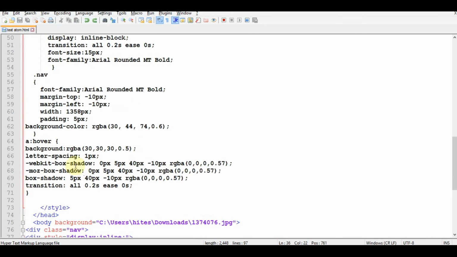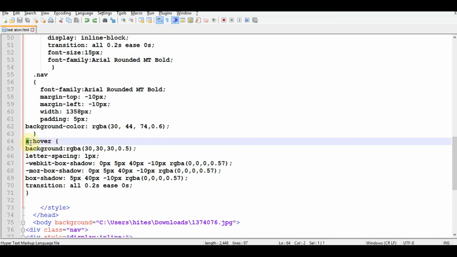Next, the main thing here is hover. Like we apply focus, the same way apply hover. Hover is a simple thing. Whenever you move your mouse around something without clicking, that is called hover. So every setting you want to be applied when you move your mouse around your content will be written in hover. You can put any class and then colon hover or colon focus, and it will take the setting for that content.